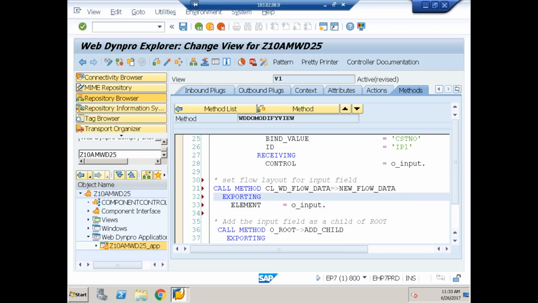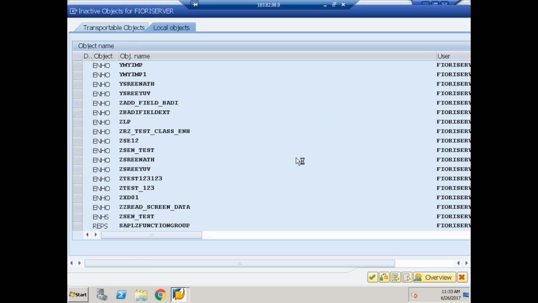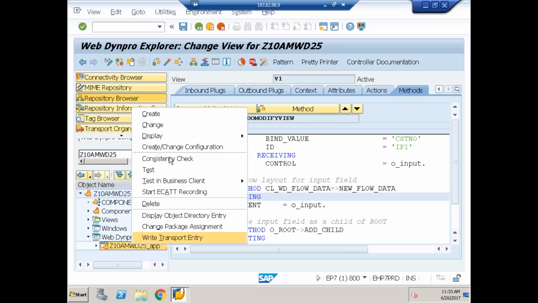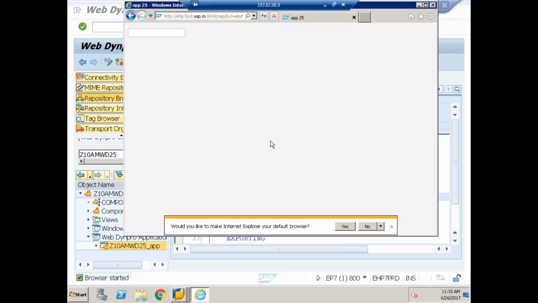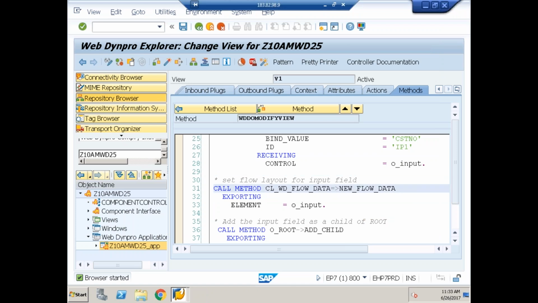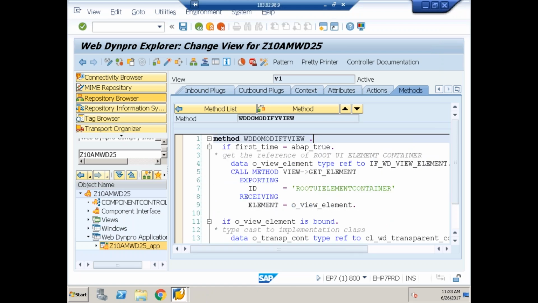Now let me check whether the input field is available on the layout or not. Is it clear? So when I execute now, good. What happened here? I got one input field which got created dynamically on the layout. Is it clear? So what is the procedure I did in the WD modify view? If it is for the first time, I got the reference of the root element container. How to get the reference? The same method has one parameter called